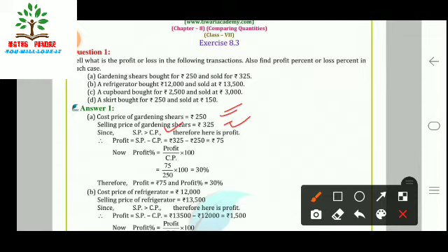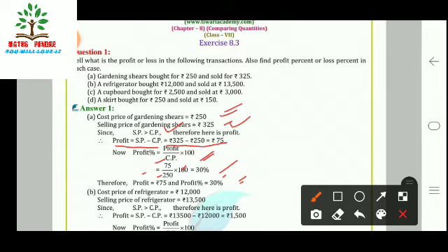As we all know, if SP, the selling price, is greater than the cost price, then it is a profit. So as we all know, the profit is equal to SP minus CP. So 325 minus 250 is equal to rupees 75. Now profit percent means profit upon CP into 100. So profit is rupees 75, CP is rupees 250, into 100. So the answer is 30%. So therefore we have a profit of 30% in terms of percentage, and profit in rupees,